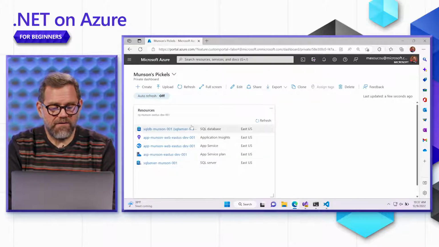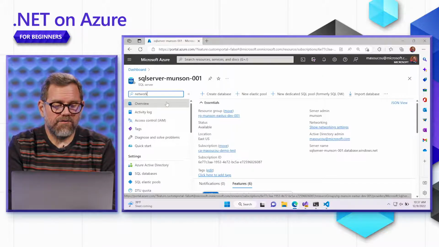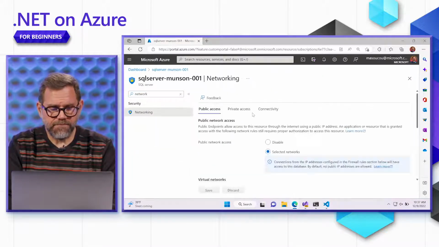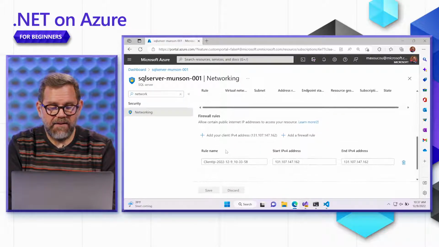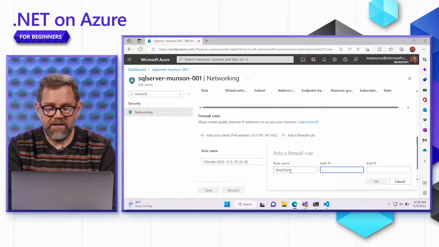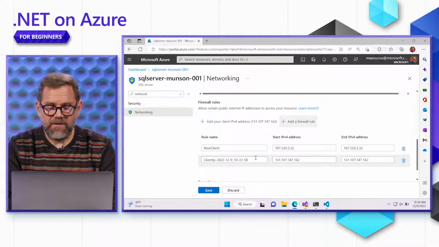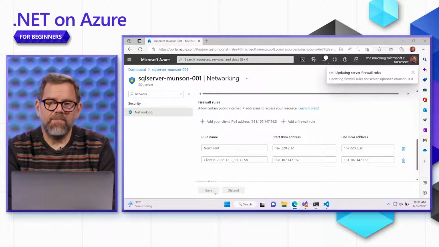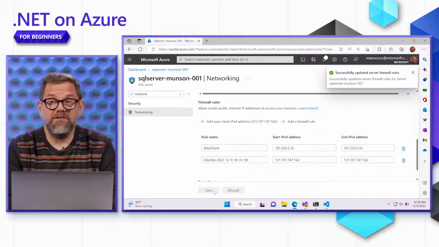the portal. And so what I'll just go through is back over to the SQL Server, search for a network, and then I can add a firewall rule. I'll just call it new client. Give it a start IP and an end IP. It's different than the one that was from before. Save it. And this is how I go through and open up holes in the firewall for various IPs to